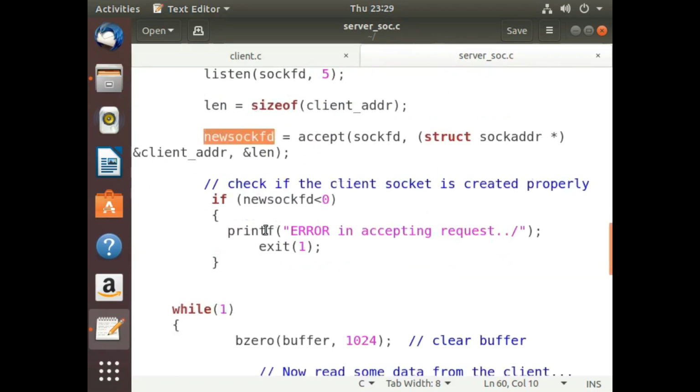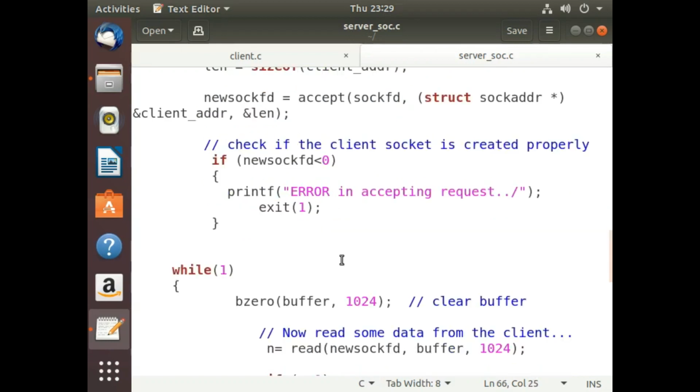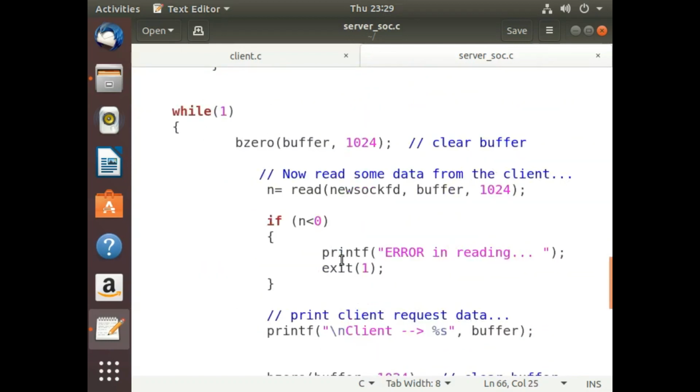Understood? And then we are going to check whether the new socket is created properly or not, in a similar way to what we did earlier. If it is -1, then there is an error in accepting the request. If it is not -1, then it is fine. Now the configuration part of the server is done.